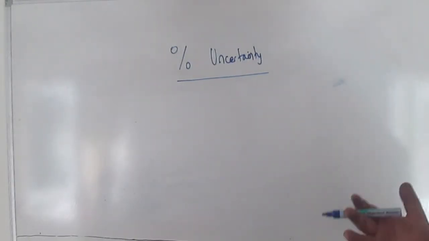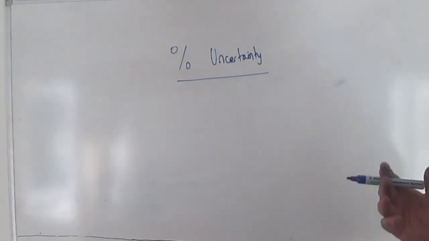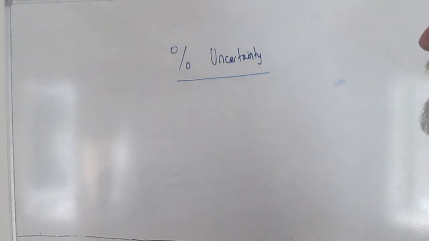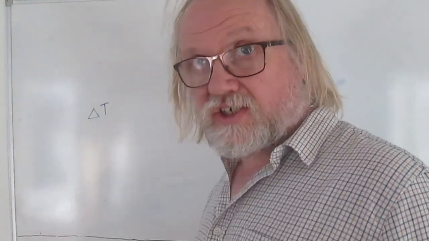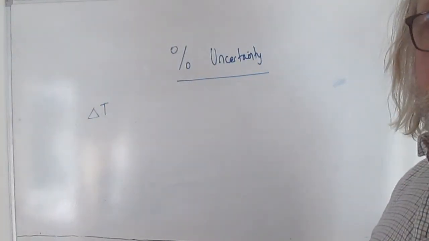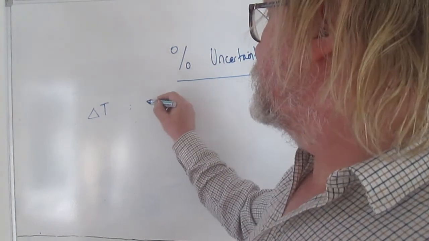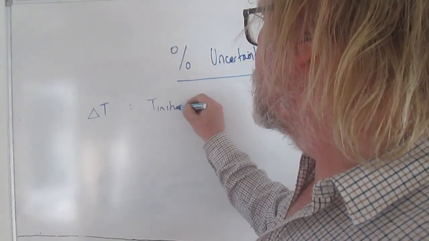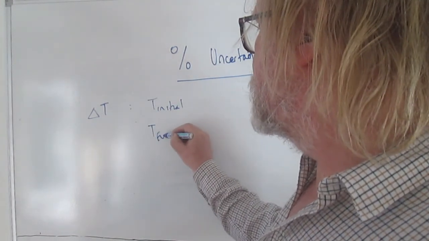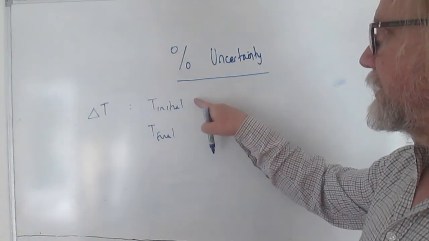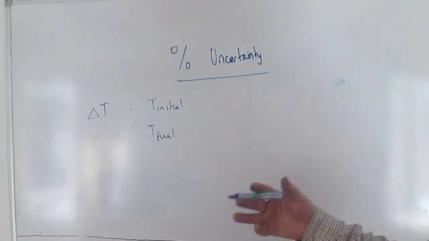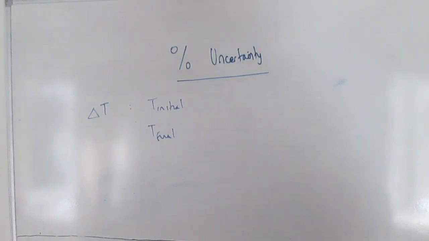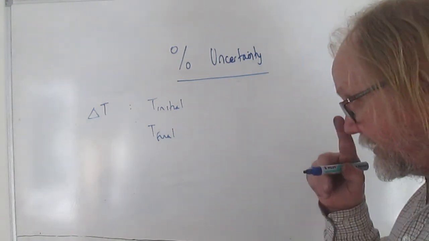So other situations where you have to add up errors like that, there are a couple of common ones that you come across. One is on delta T, temperature changes. When you're doing, for example, an mc delta T experiment, you'll have your initial temperature and your final temperature, and they will each have an individual maximum error, which you then have to add up to get the total maximum error on the temperature. Another one is